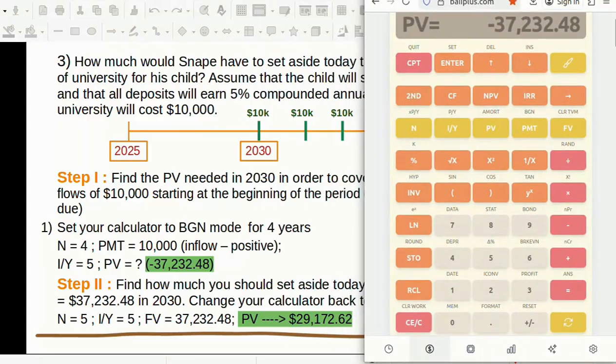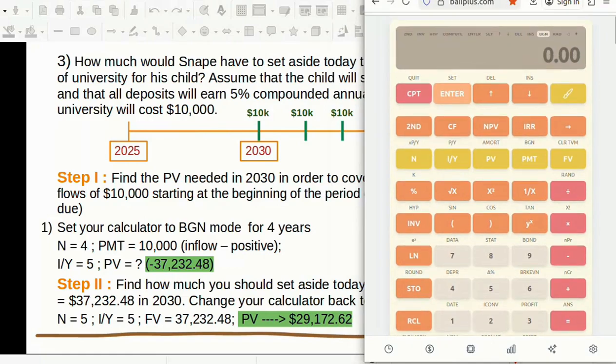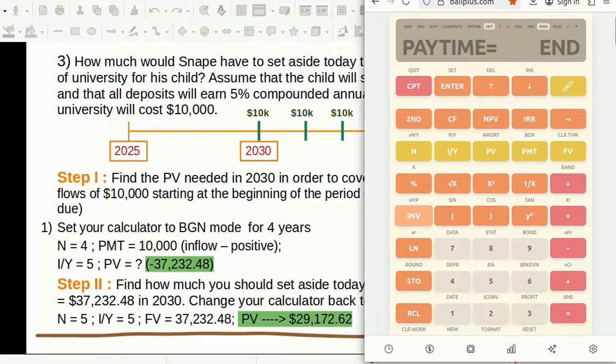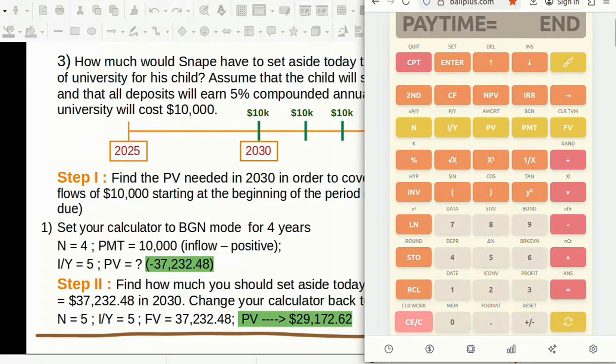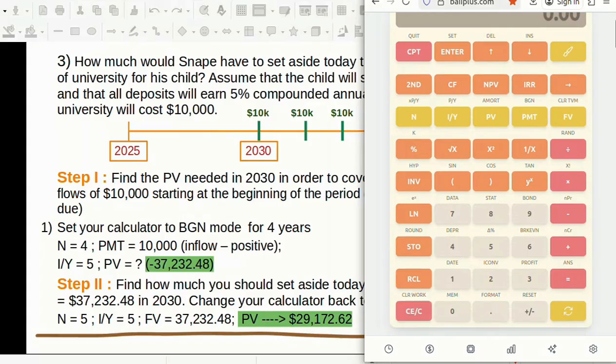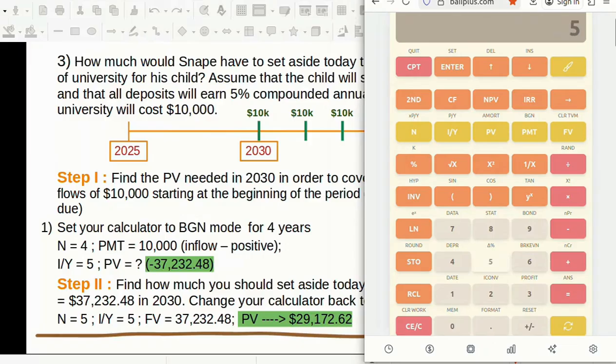Now let's jump into step 2. Find how much Snape should set aside today to have a savings of $37,232.48 in 2030. Now this is a very straightforward present value calculation. Now change your calculator back to the end mode and do the following calculation. 5 is N, 5 is I/Y, 37,232.48 is your future value. Now the present value will be